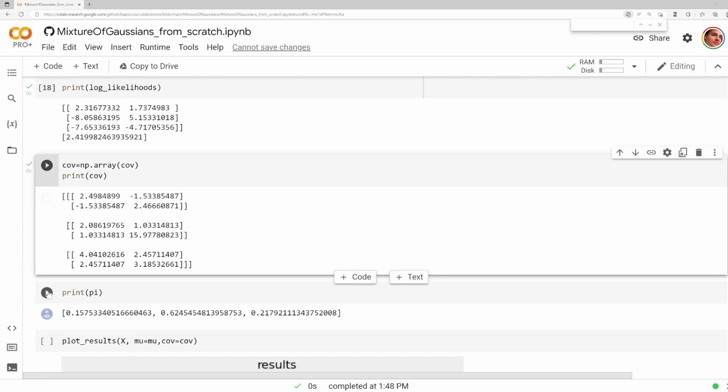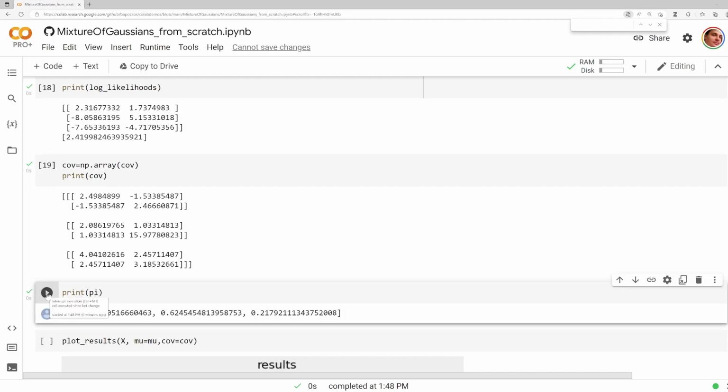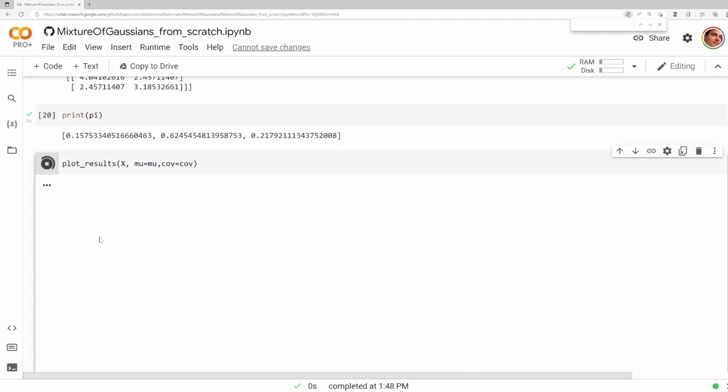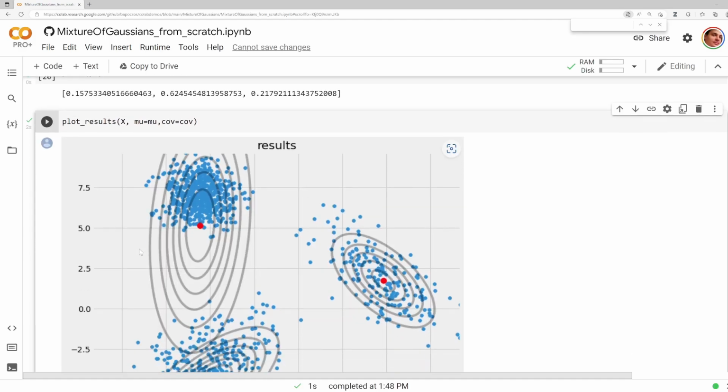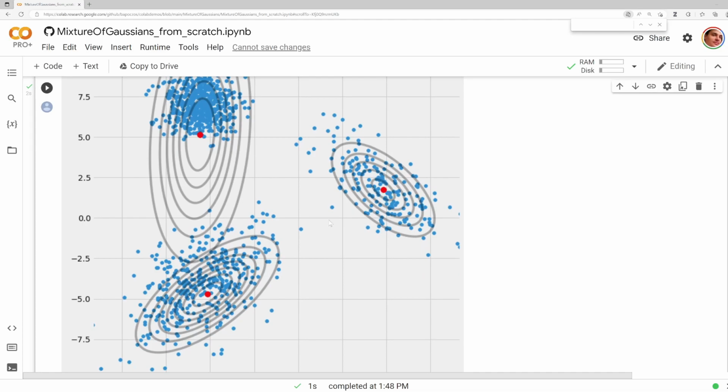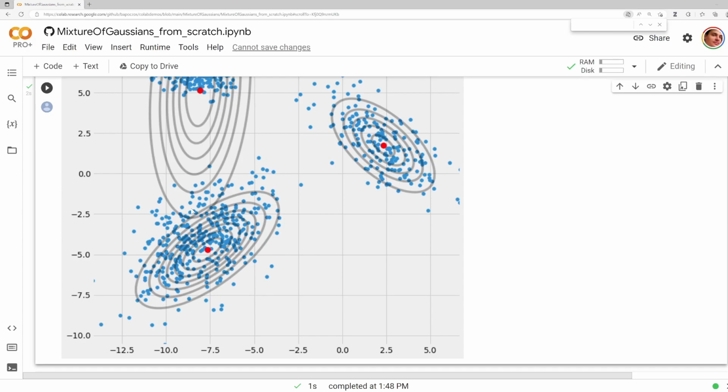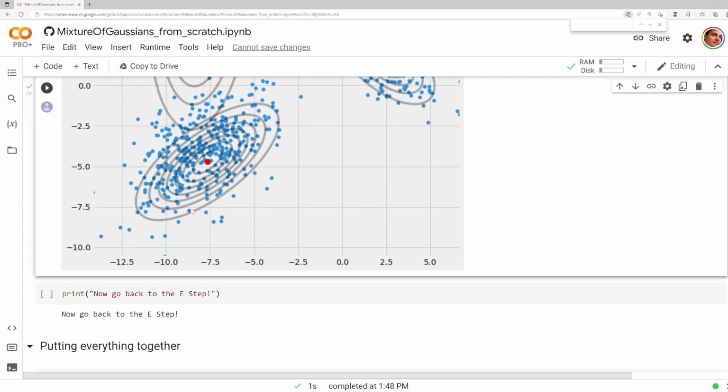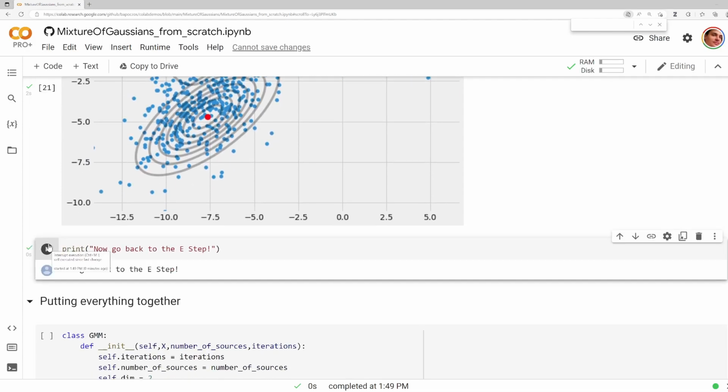I'm visualizing the new updated covariance matrix and the new updated pi's. And finally, we can show what are the updated means and updated covariance matrices. And you can see them here. And they are much better than the previous random guesses. They are still not perfect, but they are moving in the right direction. This mean already looks good. This mean already looks good. This mean is not that good. This covariance matrix is not that good. But we will repeat these EM updates, and eventually these covariance matrices and mean vectors will converge to the right locations. So now the E step is done, and we can go back to the M step to do this